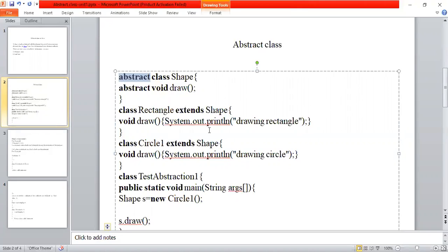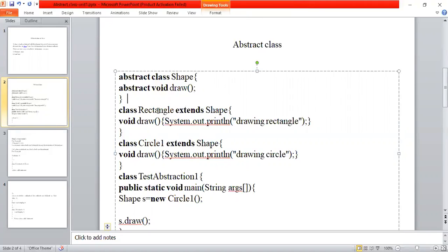Using this abstract class we are creating a model. That model we are providing to different vendors, so that vendors can use that model to create their own application. Here I have class Rectangle which extends Shape.